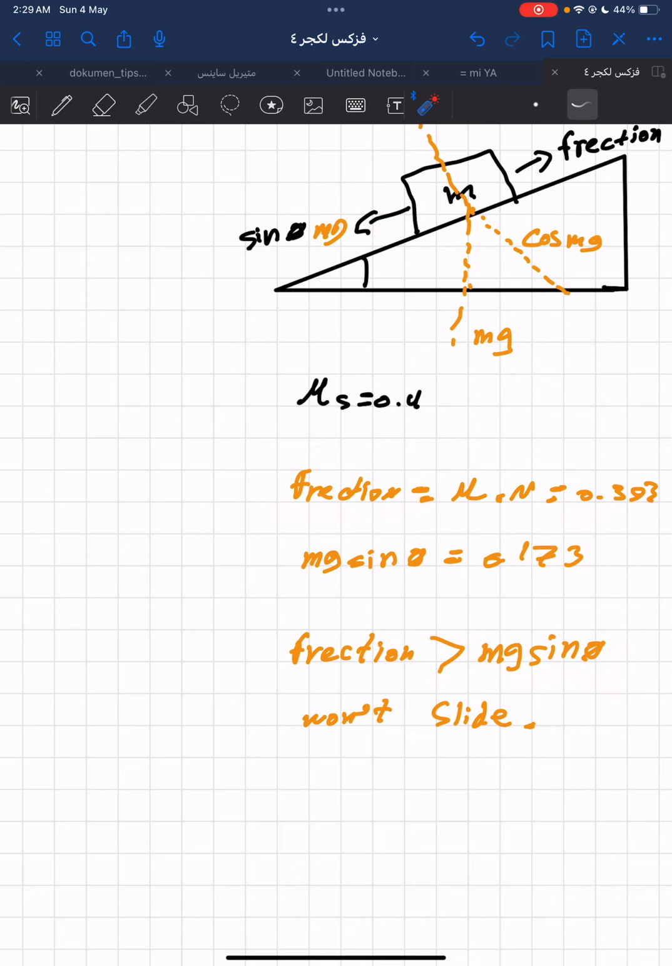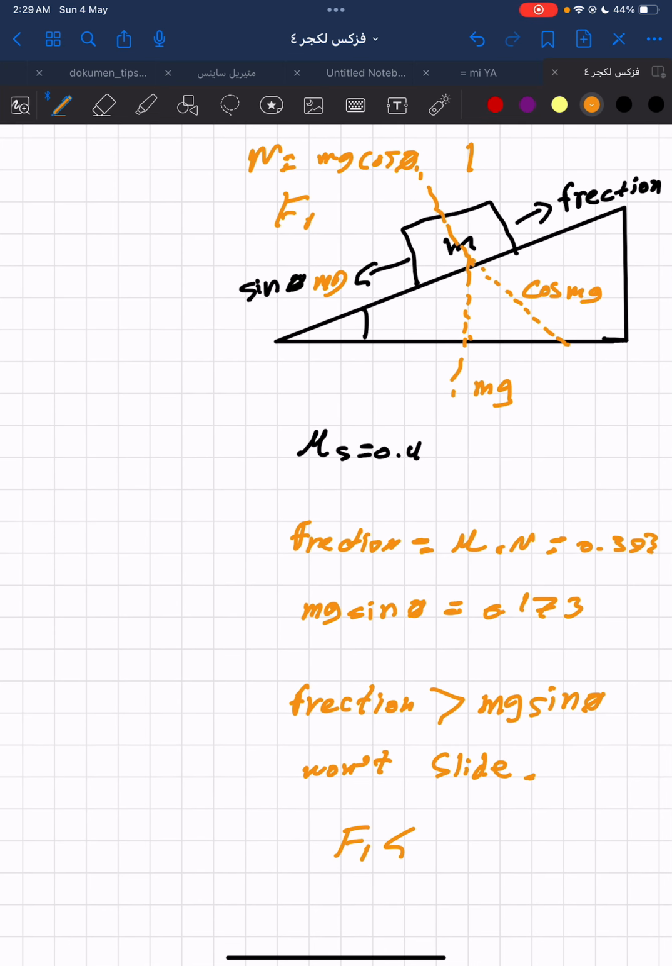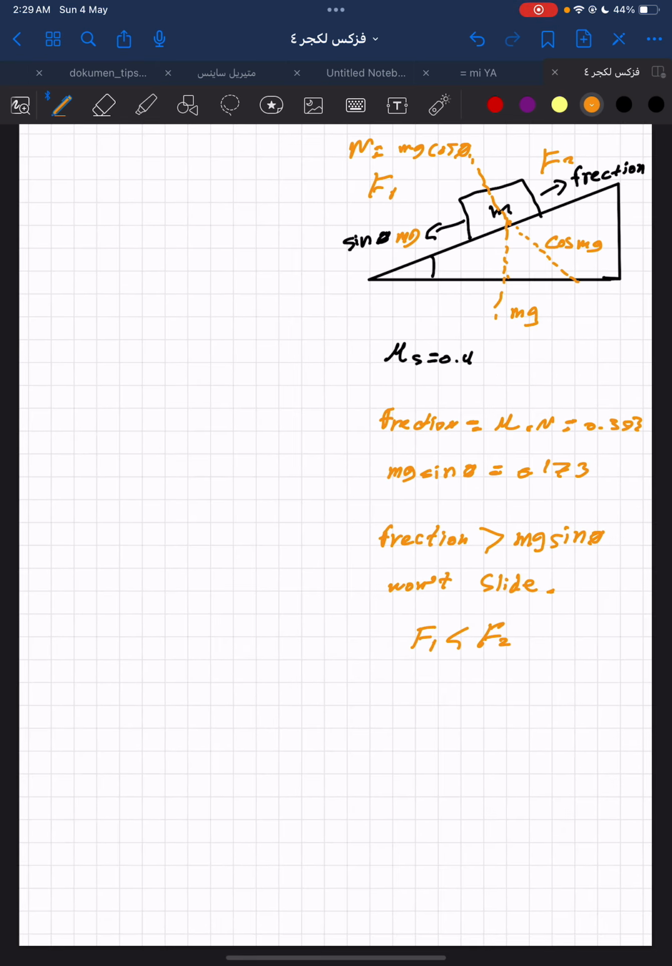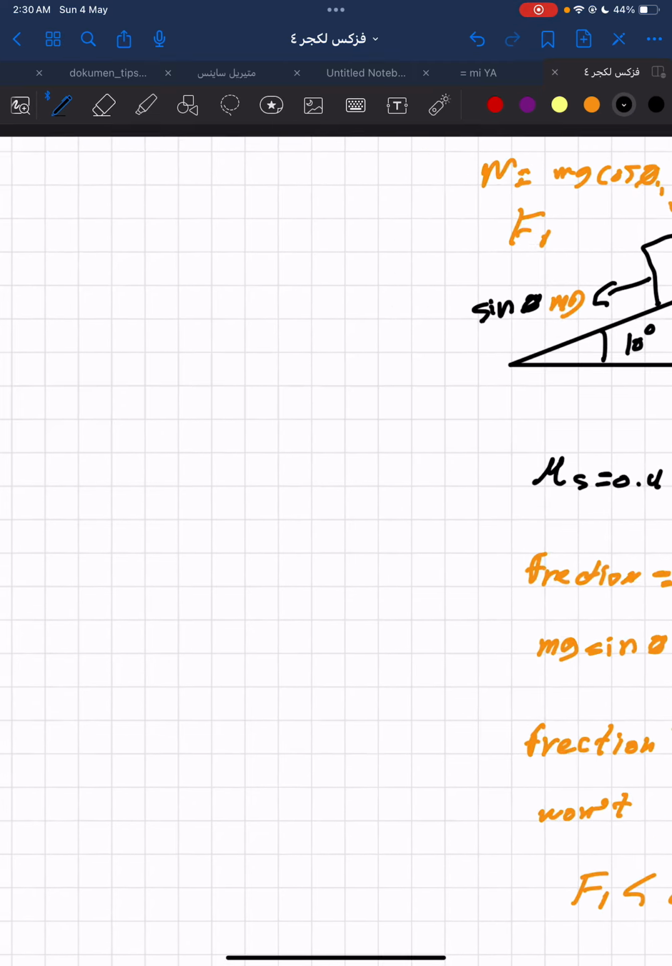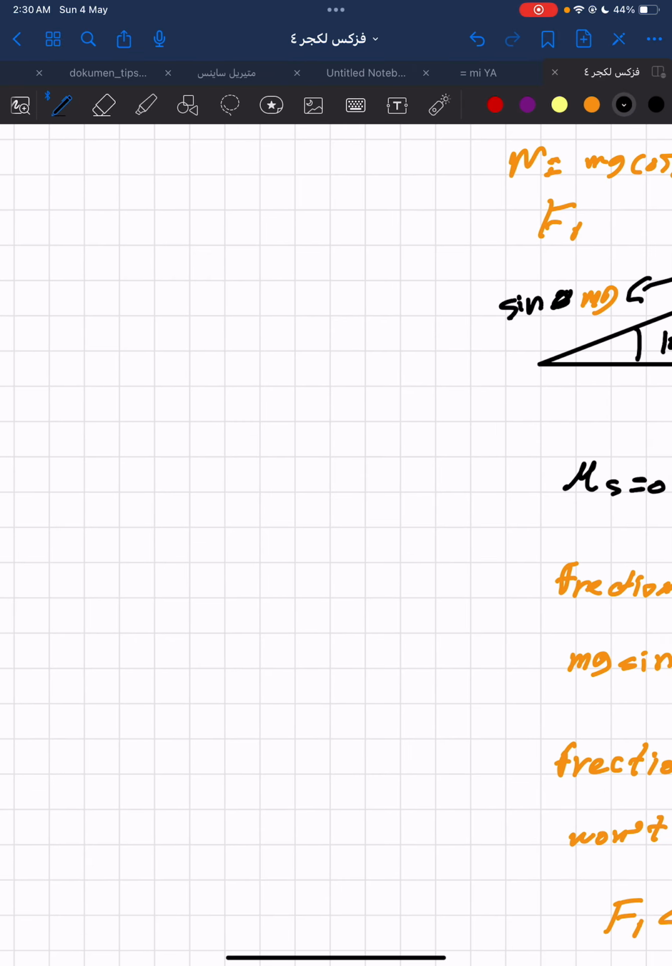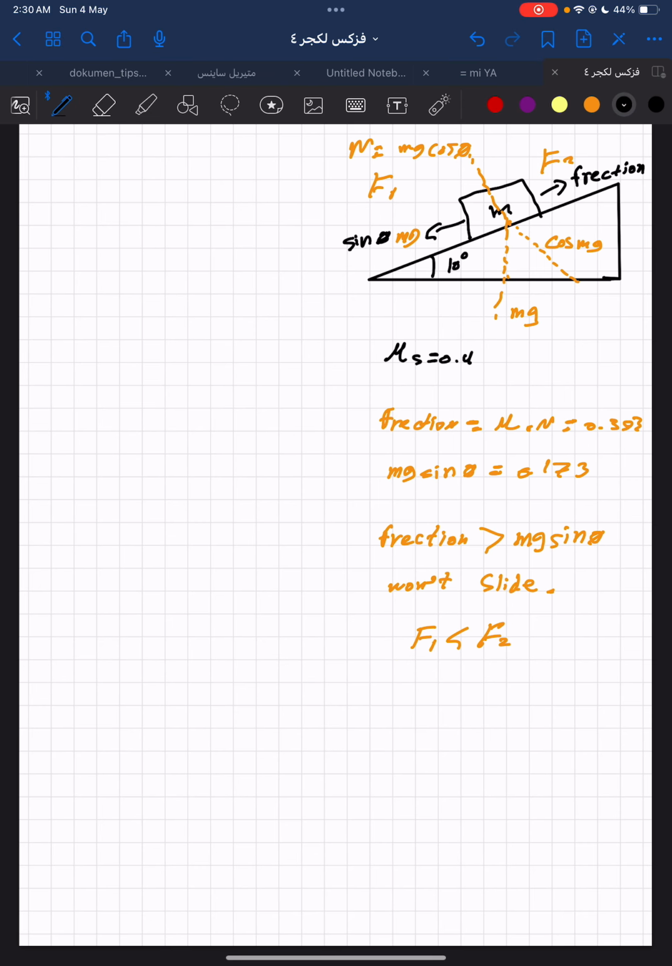If we notice, the friction is bigger than this force. Let's call it force 1. So force 1 is smaller than force 2, which is the friction, therefore it won't slide. So if we want to find the maximum angle, where the angle here is 10 degrees,